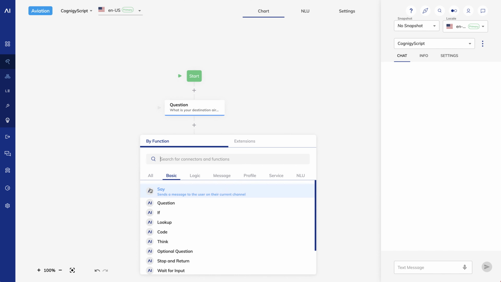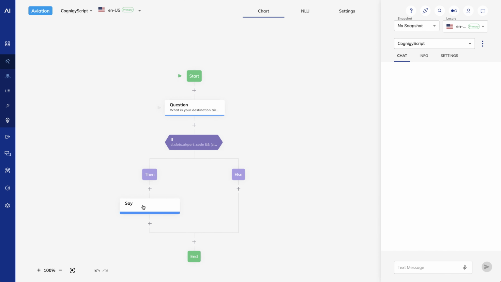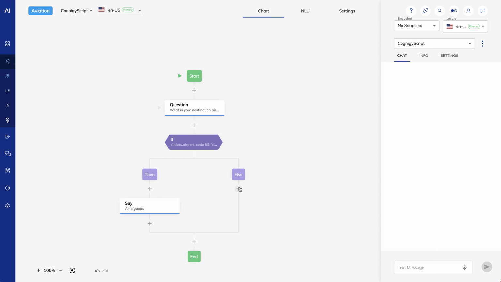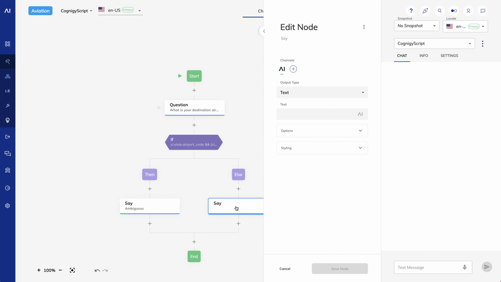In my Then branch, I'll add a Say node and make it say ambiguous. On the Else branch, I'll add a Say node and make it say Not ambiguous. Now let's test out a few scenarios.